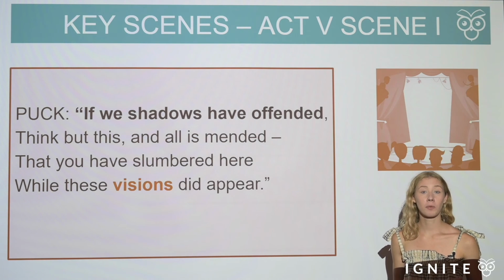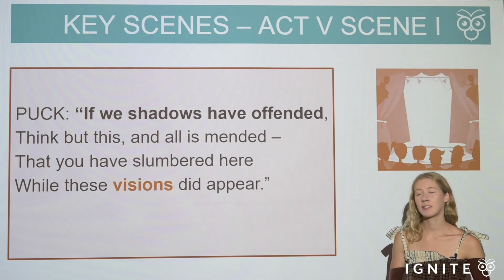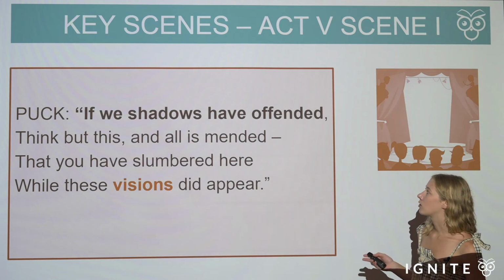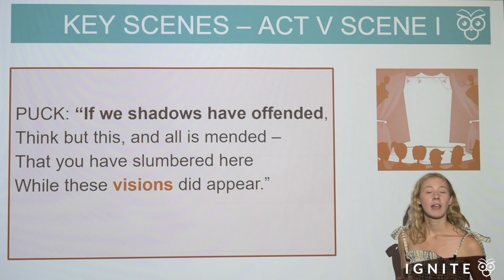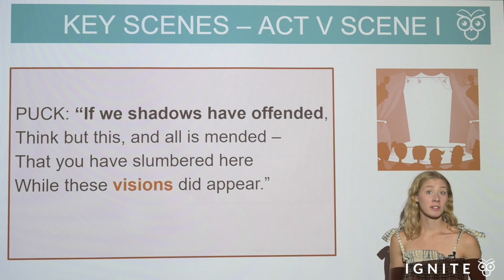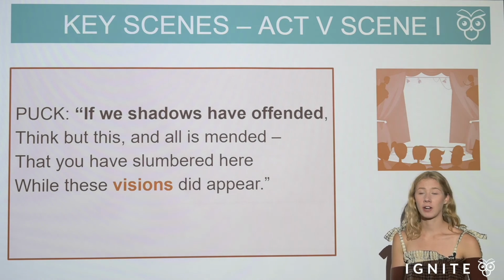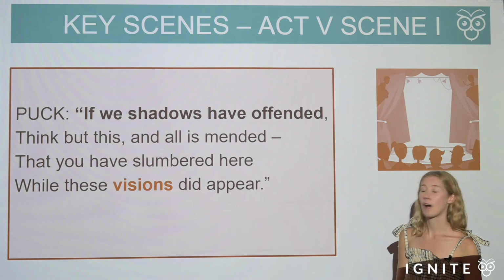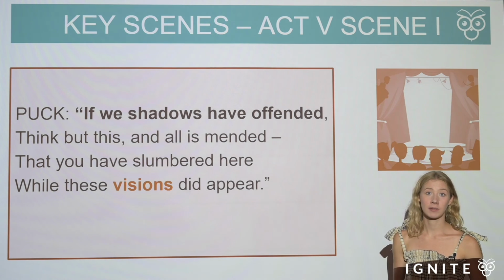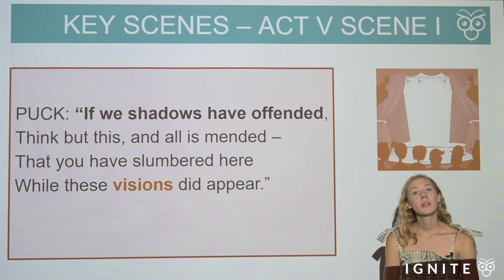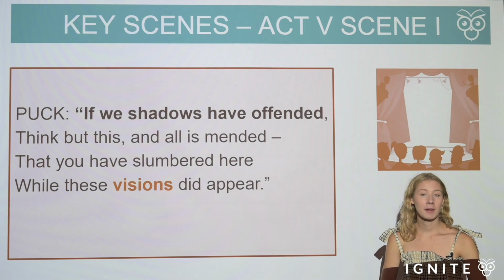So then looking at Puck's final speech, that's really an opportunity for us as an audience to reflect on what we've just experienced in A Midsummer Night's Dream, as when he talks about shadows and visions, he's alluding to the idea that this was just a dream and that it shouldn't have any significance beyond being a dream, and questions what we understand as magical intervention or magic in general, and how we view appearances versus reality. So that's it for key scenes in A Midsummer Night's Dream.